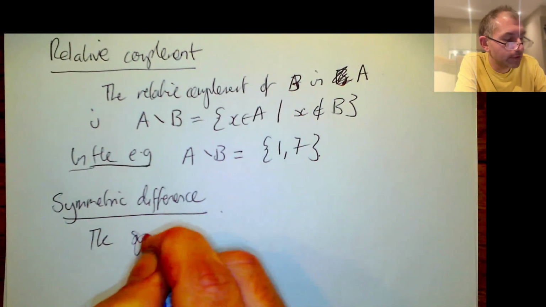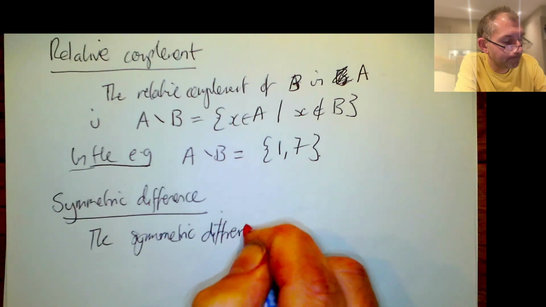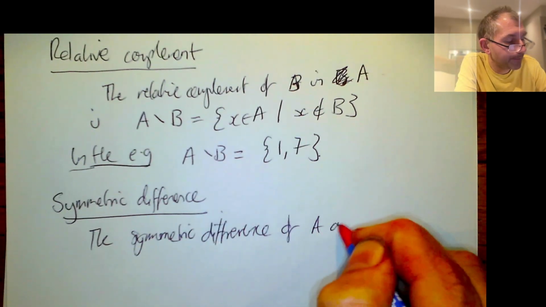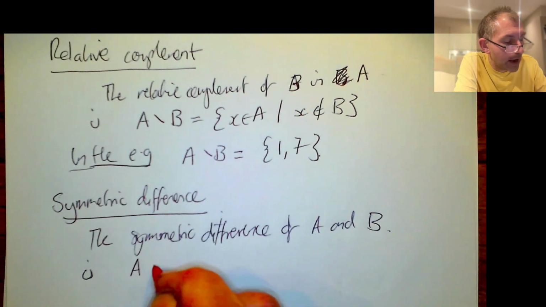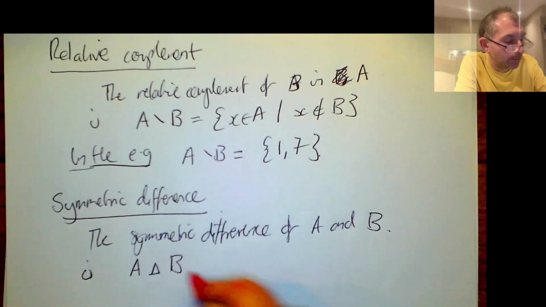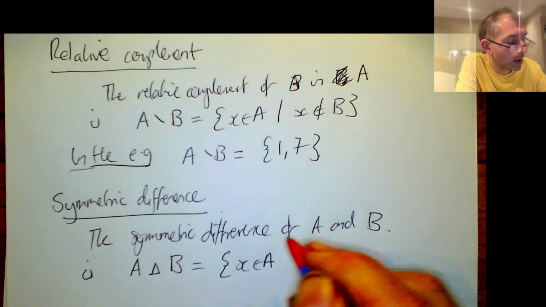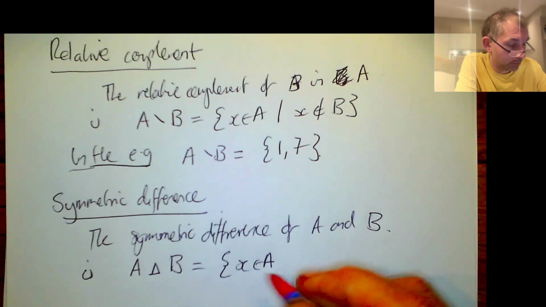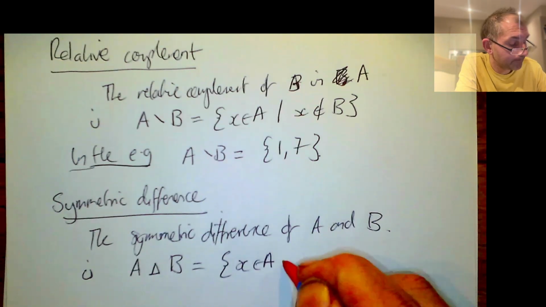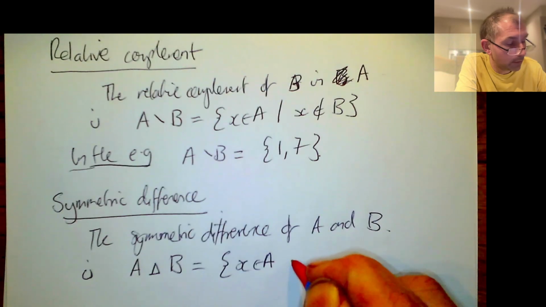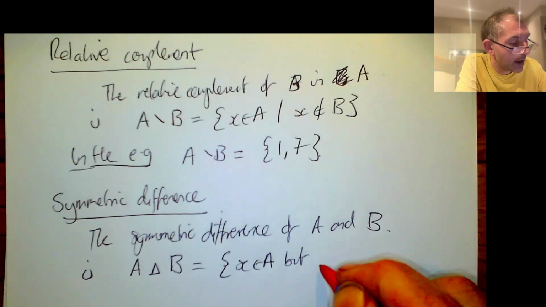So the symmetric difference of A and B is written A and then a small triangle and B, and it's all the stuff that's in A but not B. I'll write it out like this and then we'll see what it looks like. So all the stuff that's in A but not B,